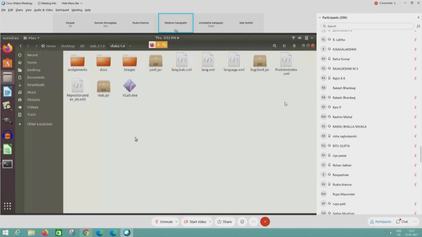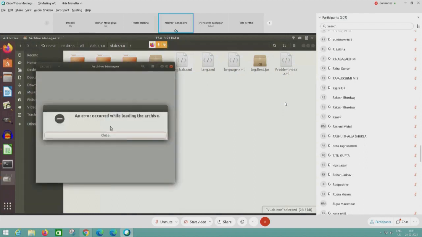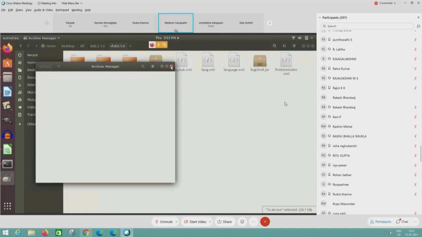And the same then for Windows, that VLab.exe. So for Windows, they have to go for the vlab.exe file. I cannot use vlab.doc. For Windows, whoever is using Windows, we have to double click on this vlab file. I cannot do that because it will give me an error. I'm not using Windows, so I'll close this file.